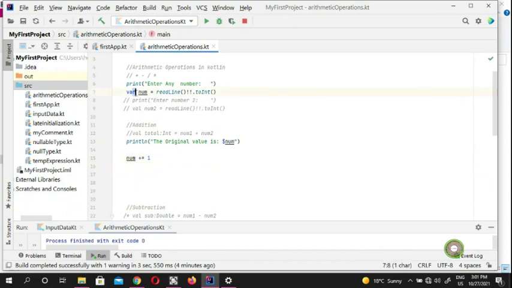Make sure you use var instead of val, because we're going to make it mutable. Once you do that, we're going to do println and perform our increment. The increment value is